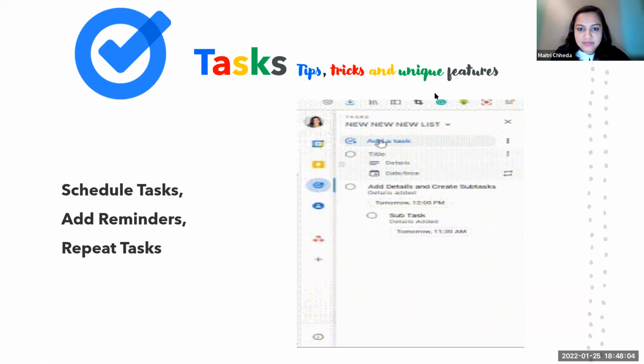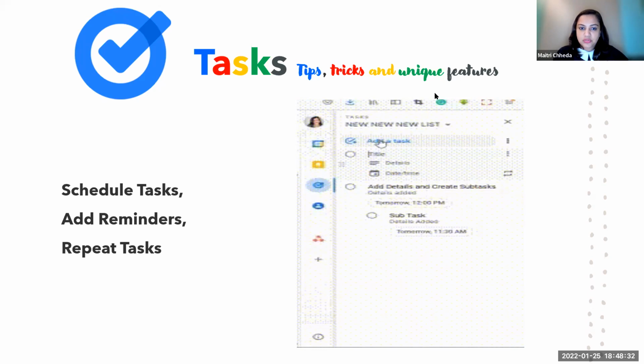Is this clear? There's some comment over here. So, Suhas ji is asking me how to avoid your mails getting classified as spam in the recipient's mailbox. You'll have to ask the recipient to mark it as not spam. That is one option. The second option is that there are a lot of keywords which Google identifies as spam.